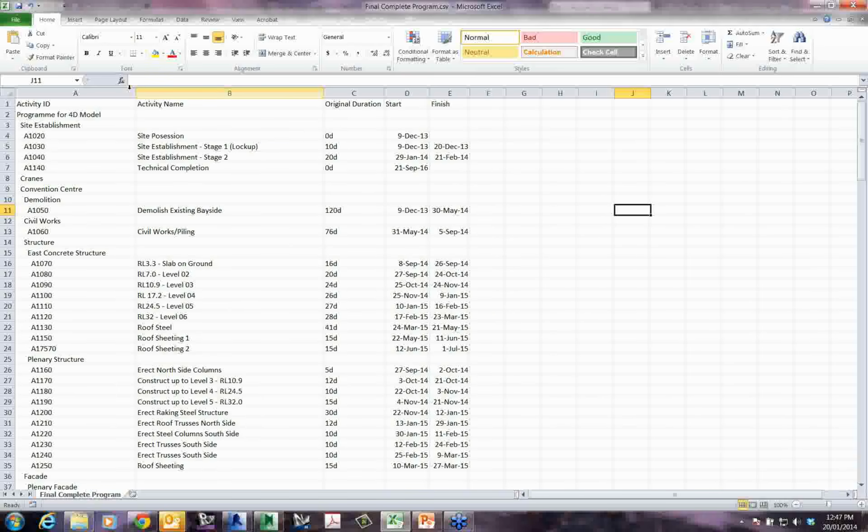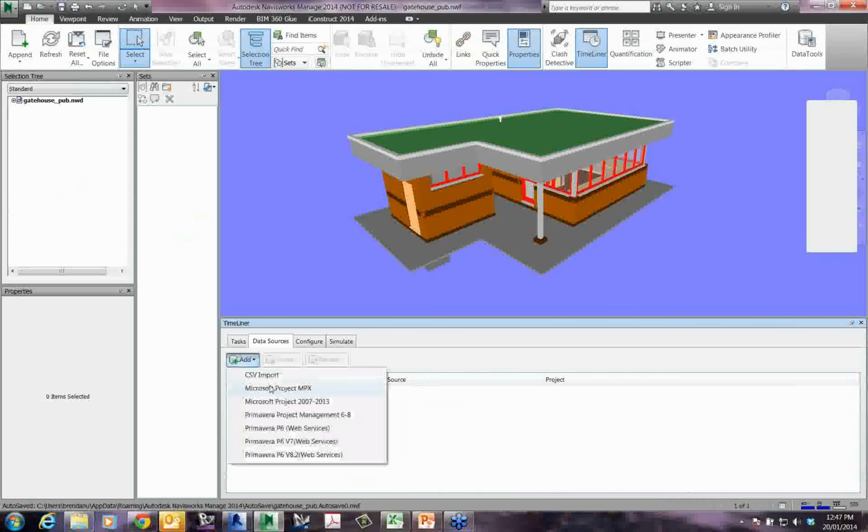So as I said, this file has been produced from a Primavera file. So I'll just jump back into Navisworks. While you can import these files, and we will certainly look at doing this in more depth in future webinars, I would say that it really simplifies the task